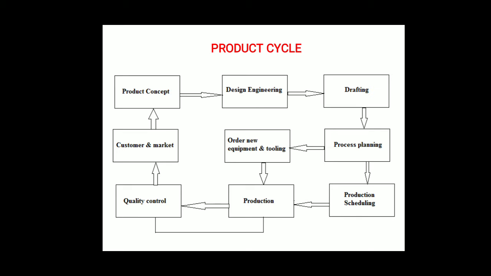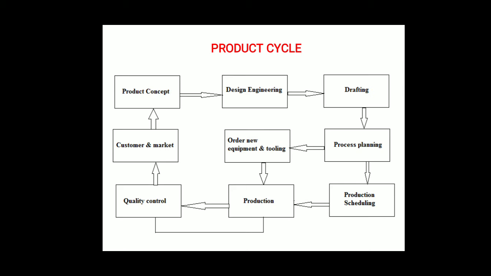A designer uses principles of basic engineering sciences such as physics, mathematics, statics, dynamics, heat and flow, and mass transfer. For example, Newton's laws of motion, D'Alembert's principle, Bernoulli's principle, and the Carnot cycle. So in product design, the designer uses the basic knowledge of engineering science, which is helpful for making the product design. And there are some types of design.